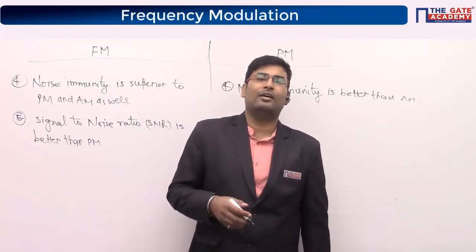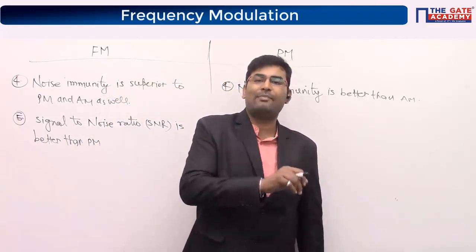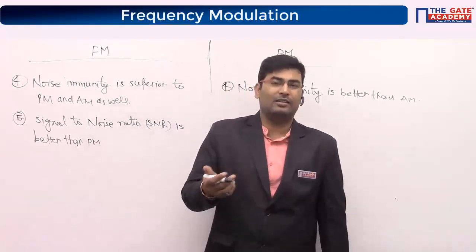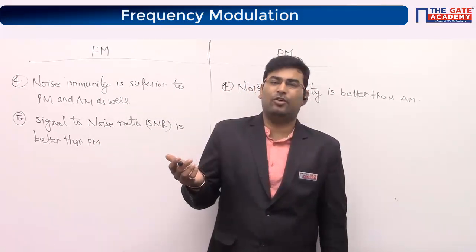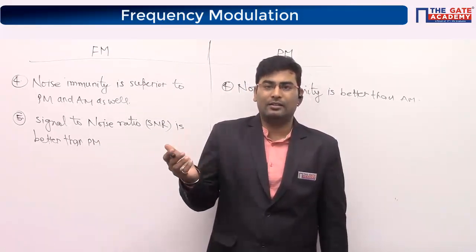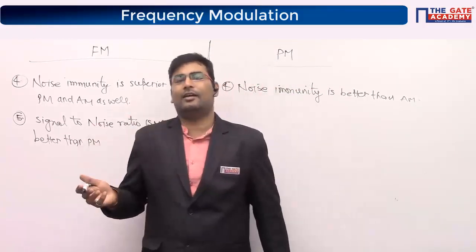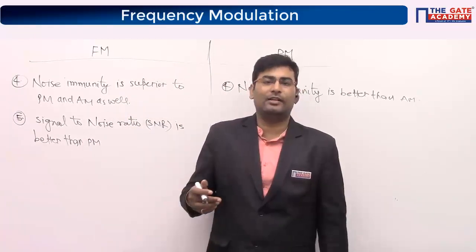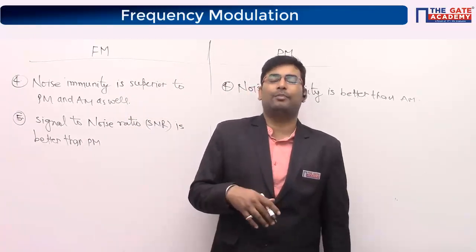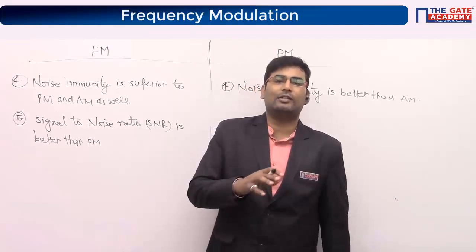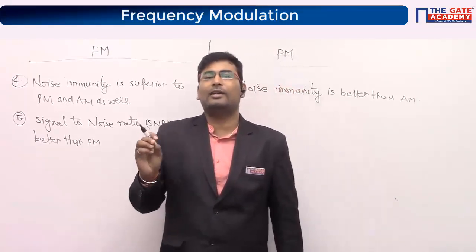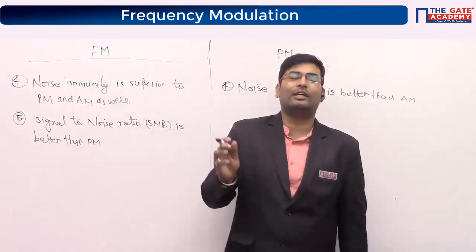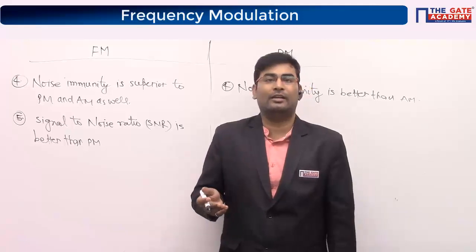They had receivers for both AM and FM at the same time. They brought some 1 million volt arc reactor to create electrical noise in the channel, and AM was completely distorted. When the receiver received the AM signal, it was completely distorted, but the FM signal was giving a very clear output at the receiver end. That is an experiment somebody did long back, and that's how they got to know. So amazing, I would say.